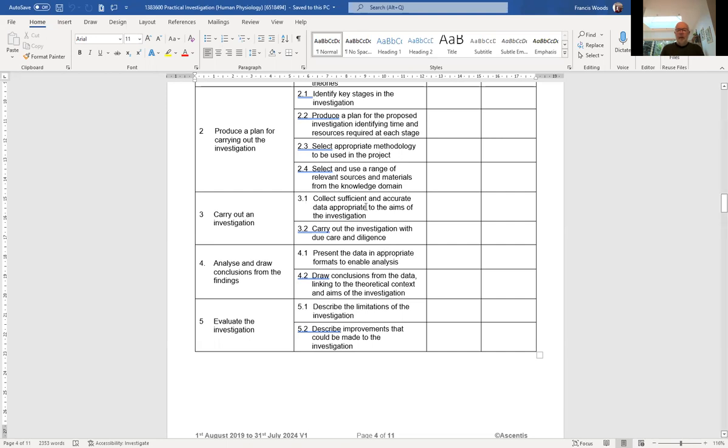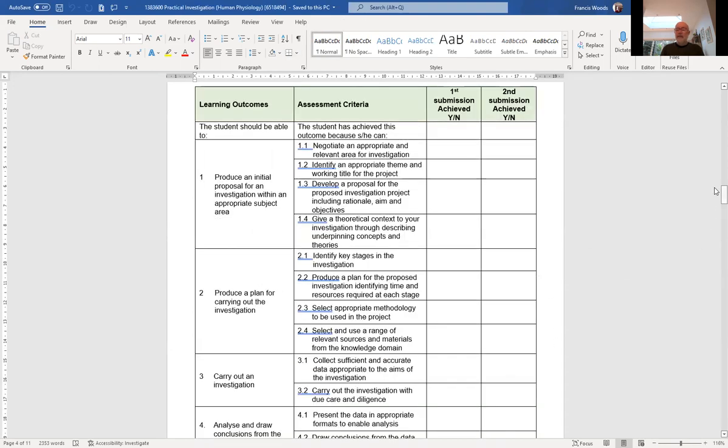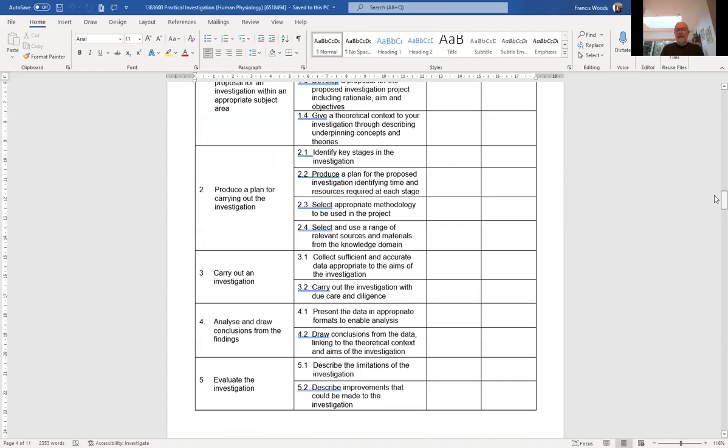So 3.1 and 4.1 are essentially combined into one. So if you've collected sufficient and accurate data appropriate to the aims and objectives, and then presented them in appropriate format for analysis, then you've virtually fulfilled all of 3.1 and 4.1. I say virtually because as well as that, you also have to do the two graphs. So if we look at the